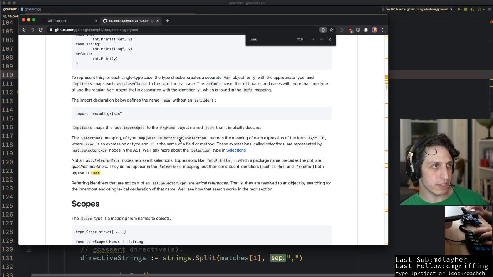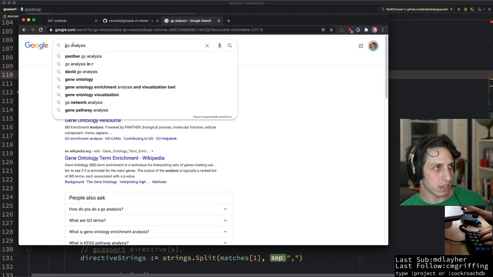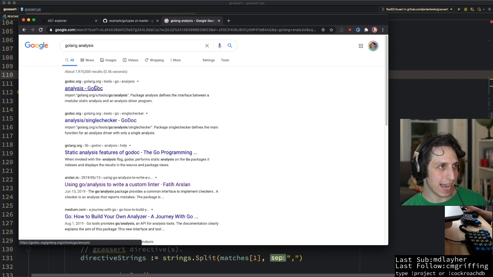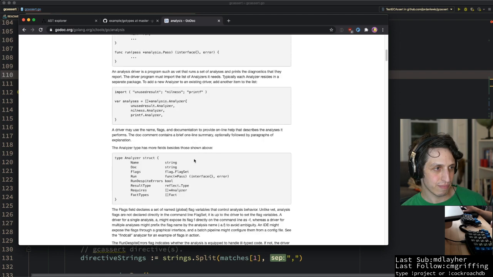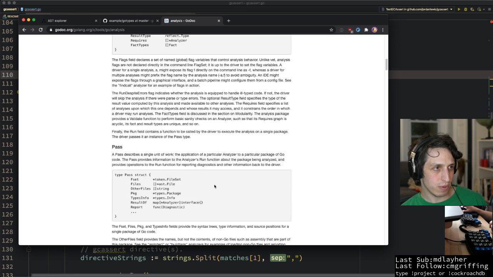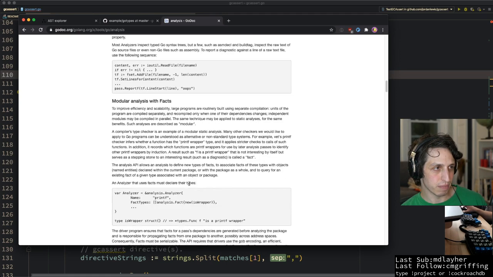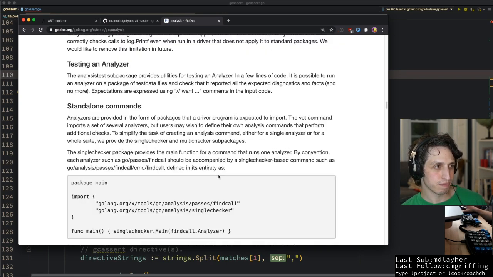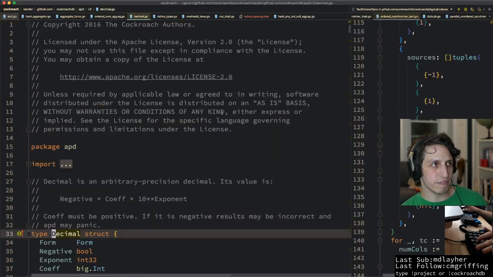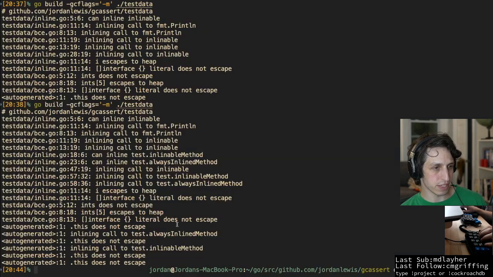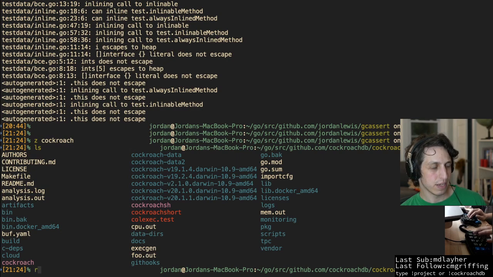There's actually a bunch of this. There's this thing called Go Analysis, right? There's this whole set of packages that people are using these days to do this stuff. So I kind of wonder whether I could look at some examples of this. That would be a little bit helpful for me. Make this a bit bigger. In fact, I'm pretty sure that there are some examples of this in the cockroach source code. So maybe if I just check out that